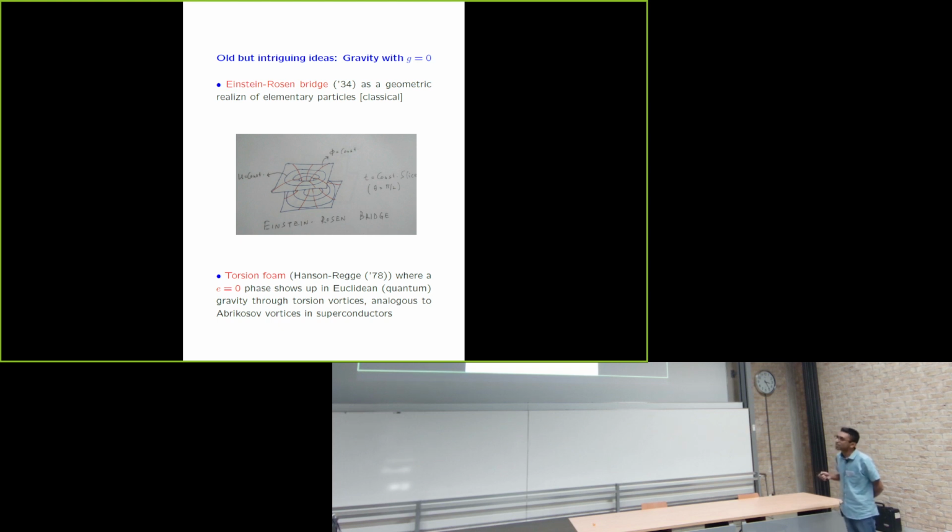The degenerate point is interpreted as a location of a particle. And then such configurations, degenerate configurations, also appear in the torsion form idea invoked by Hansen and Regge way back in 1978. However, to understand the role of the zero determinant phase in quantum gravity concretely, one could explore a Hamiltonian analysis which would then help us towards a quantization.